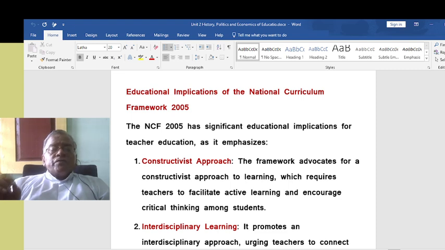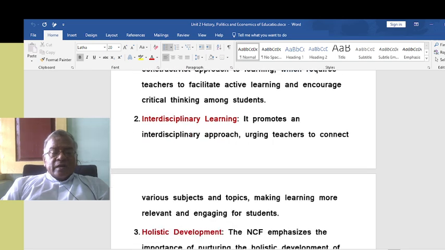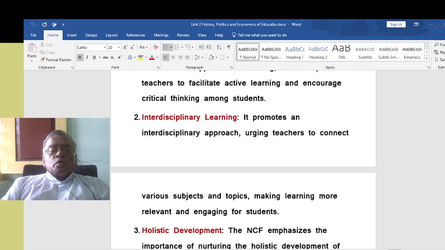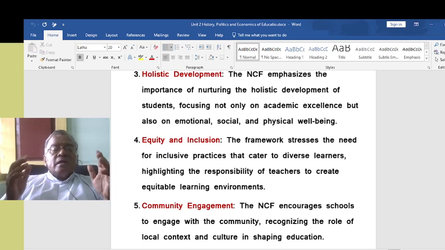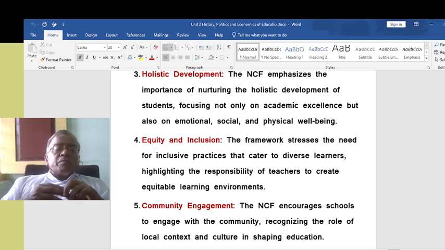The NCF 2005 has significant educational implications for teacher education as it emphasizes a constructivist approach. The framework advocates a constructivist approach to learning, which requires teachers to facilitate active learning and encourage critical thinking among students. Then interdisciplinary learning. It promotes an interdisciplinary approach, urging teachers to connect various subjects and topics, making learning more relevant and engaging for students. Then holistic development. The NCF emphasizes the importance of nurturing the holistic development of students,